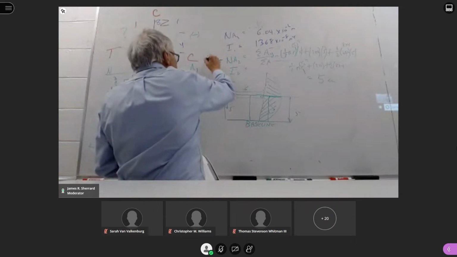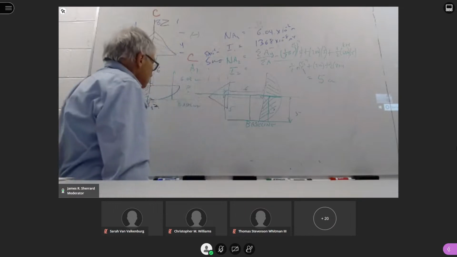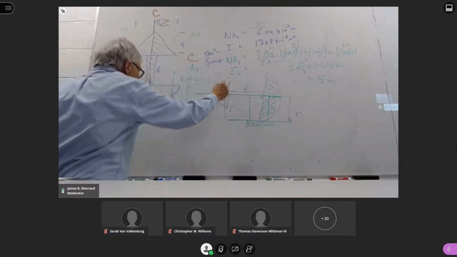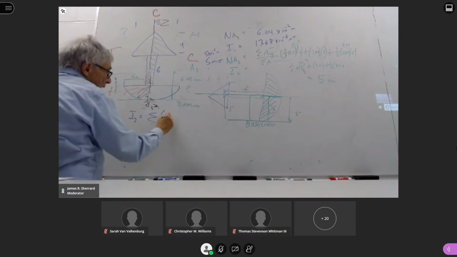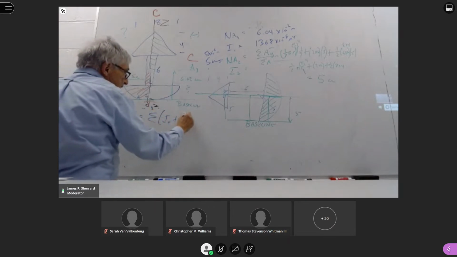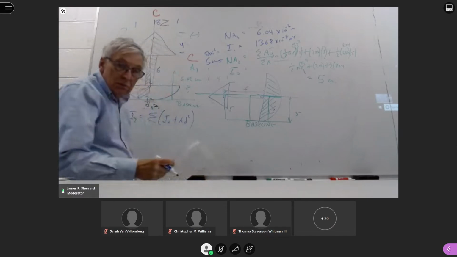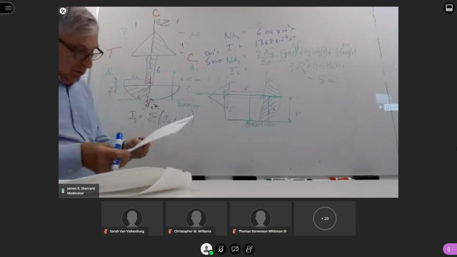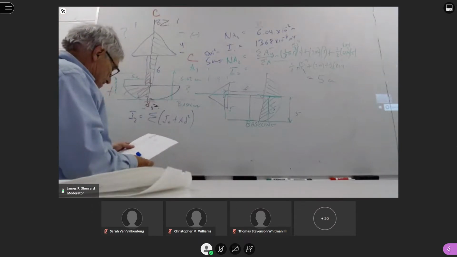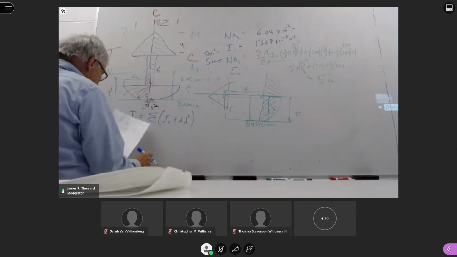So you got my neutral axis here is 5 centimeters, or 5 times 10 to the minus 2 meters. Now I need to find I2. We know that's a sum of I sub 0 plus AD squared. Okay? So, doesn't make any difference which order you do them in. I did the triangle first. So I sub 0 for that is